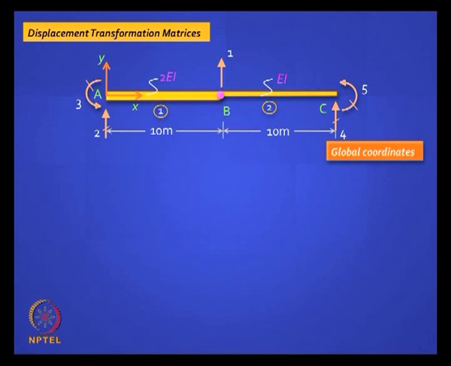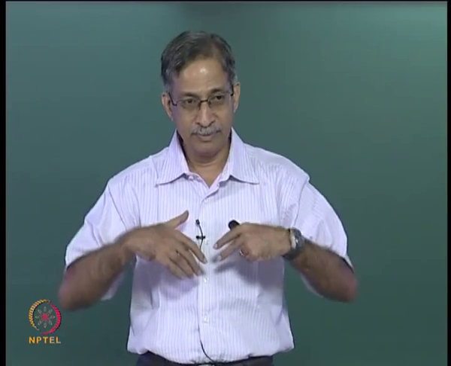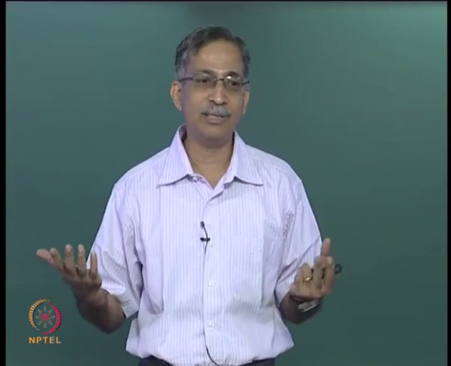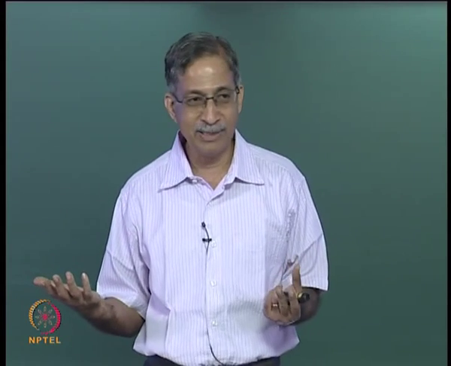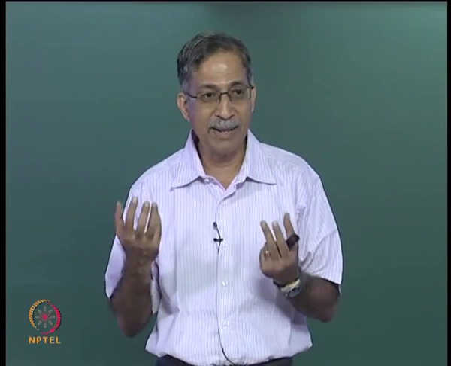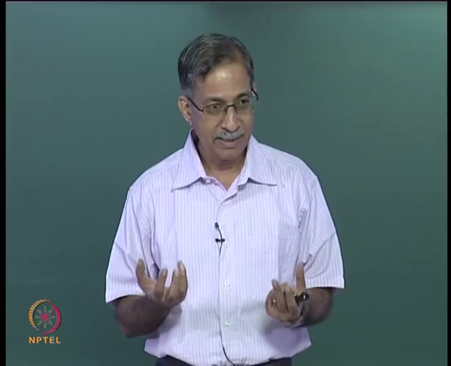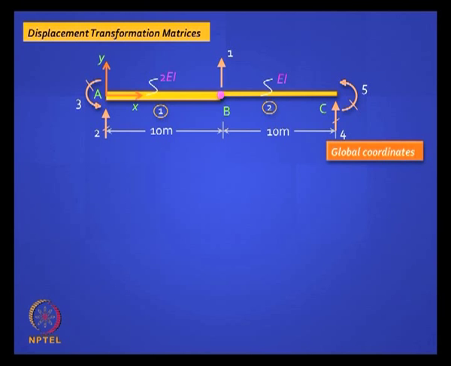There is no coordinate corresponding to rotation at B because there is no unique value for rotation there. Both the ends can move and you do not care with how much they move, because you just want the bending moment and shear force diagram. You are not looking for the absolute value of the rotations there, that is the real idea. Okay, ideally we should show a hinge also at B to remind us.